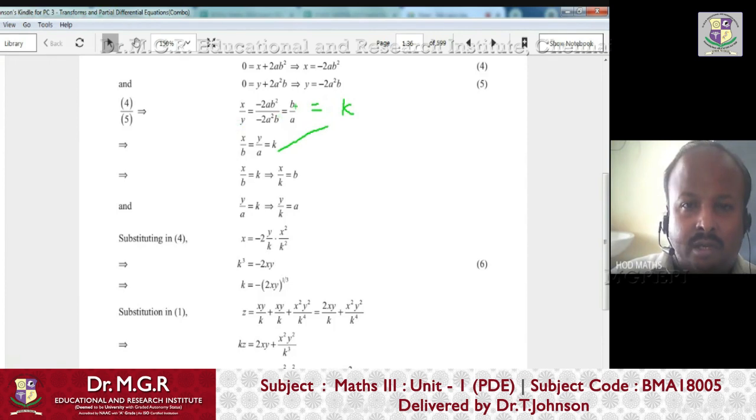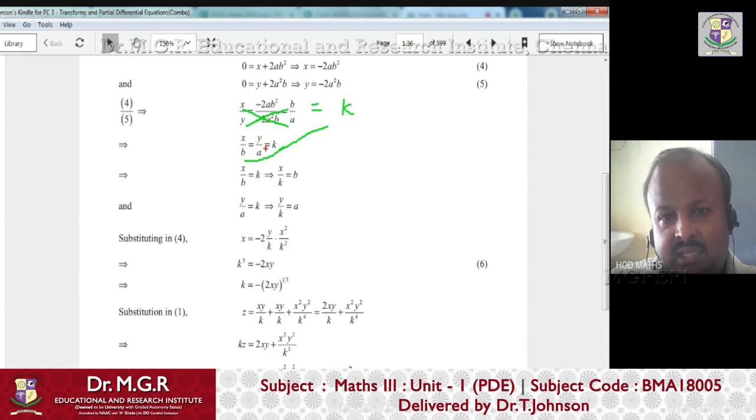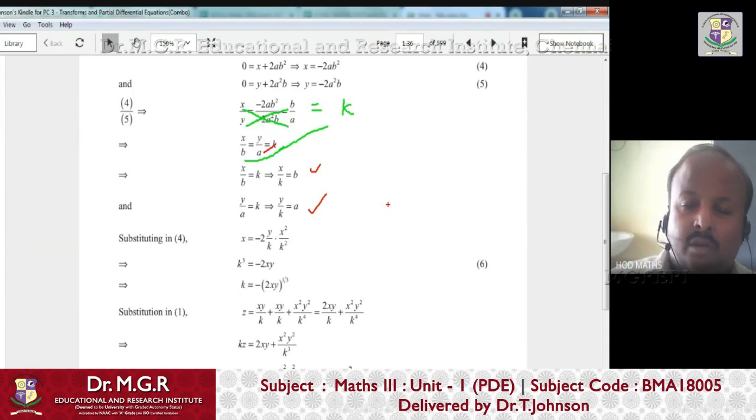Now you can write the same thing as x by b equals y by a by doing the cross multiplication. So x by b equals y by a equals k. From that you can write x equals b into k, y equals a into k, or you can write a equals y by x or b equals x by y. Because ultimately what we need, we have to remove the arbitrary constants. So we remove a and b. So if you put a equals y by x and b equals x by y,